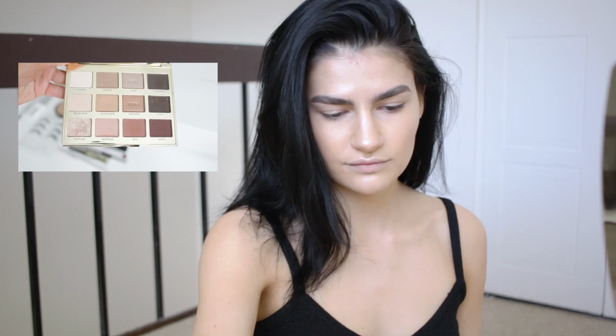But now that my face makeup's done, you can take your hair down and we're going to move straight on to the eyes. We're going into eyeshadow with the Tarte In Bloom palette. Now I'm going to take this Smarty Pants color. The Smarty Pants shade that she's looking at is actually this really pretty cool tone neutral brown that